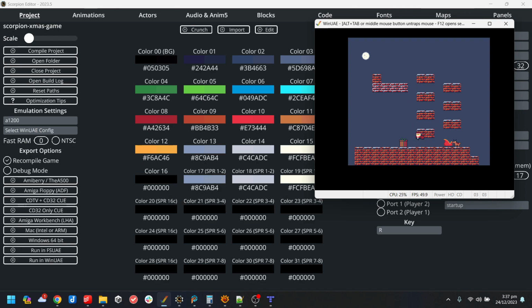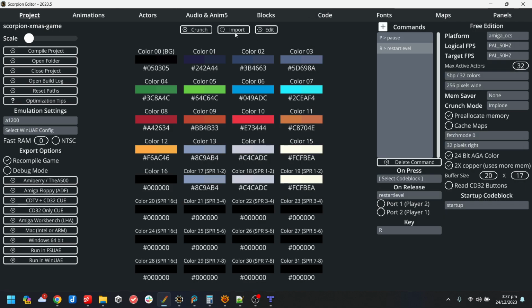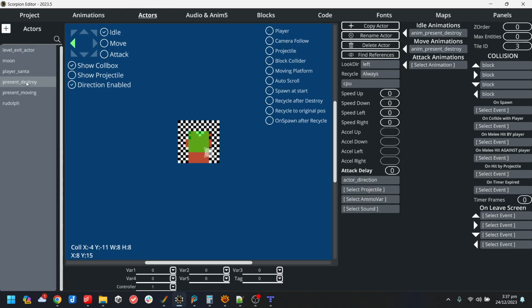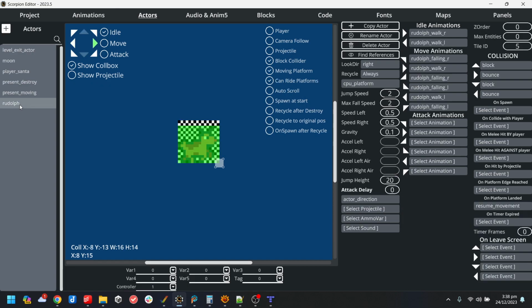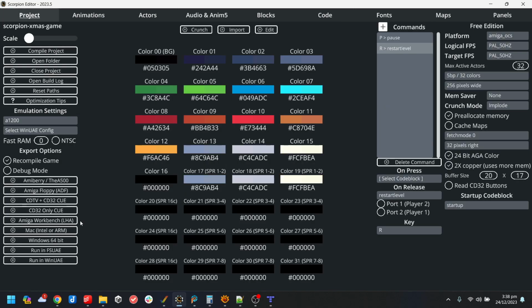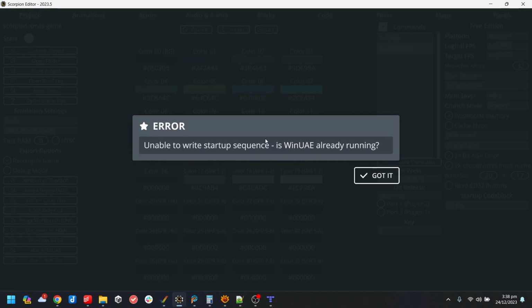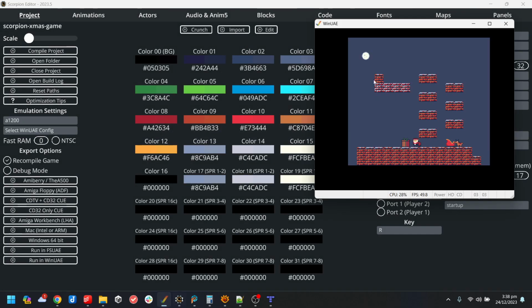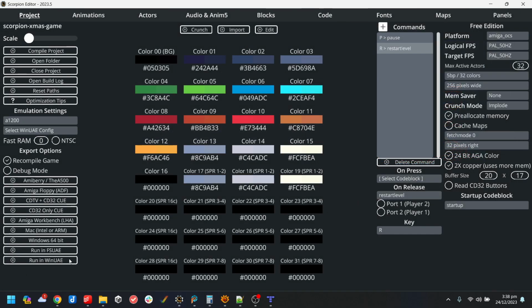Oh, I hadn't even thought of that. Yeah, so we'll need to be... Oh, unless I make... Okay, I will need to make Santa's collision box just a little bit more, so you can't ride Rudolph underneath blocks like that. Though if I left that in there, that could maybe be a puzzle element. But